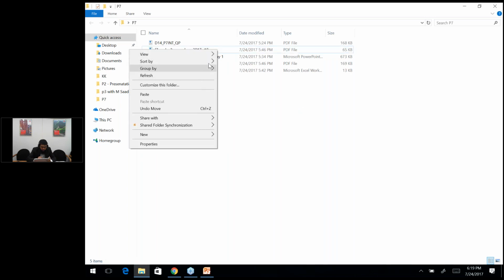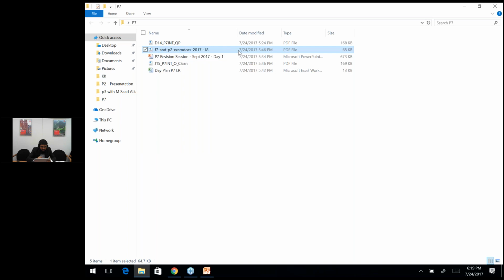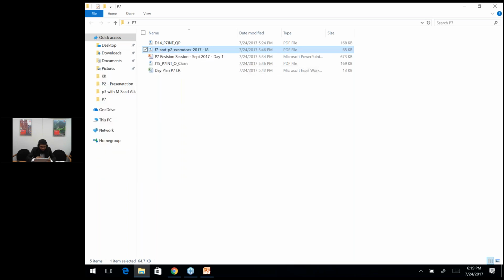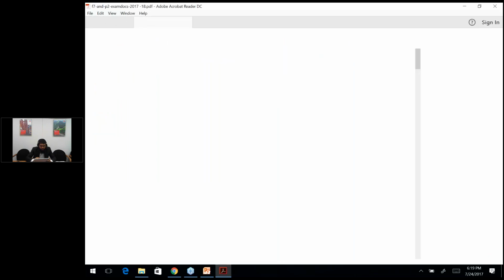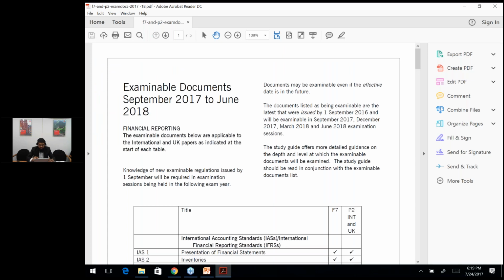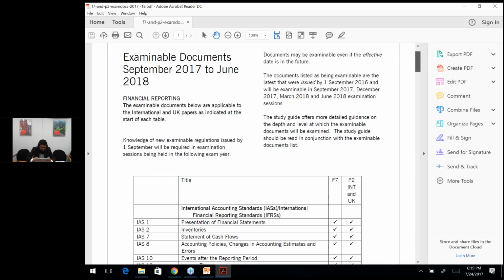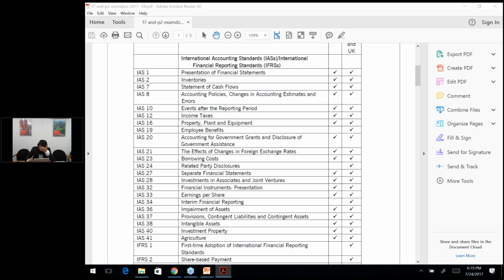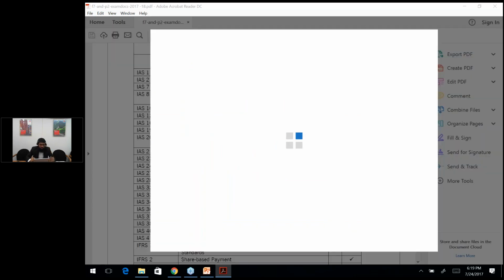So the answer to you people is that for the P7 paper, you have a list of examinable documents, and all of those examinable documents are examinable at P7. You could actually see the change. Those of you who would have attempted the paper in this June examination, in the June examination, what had actually happened was we